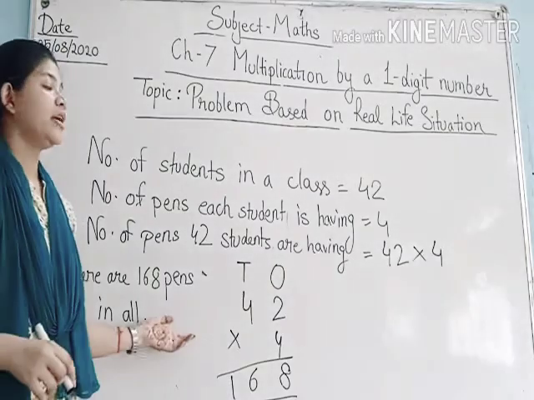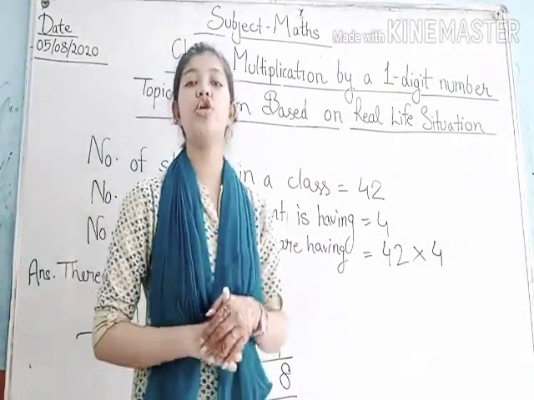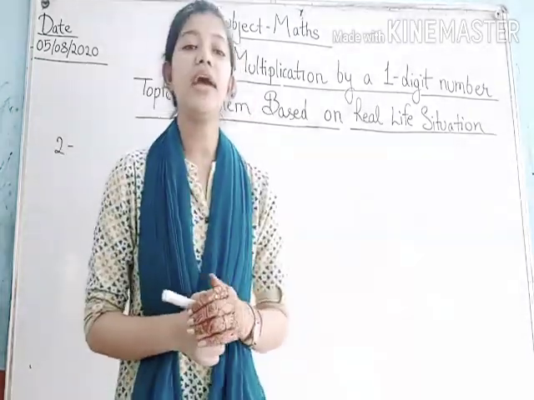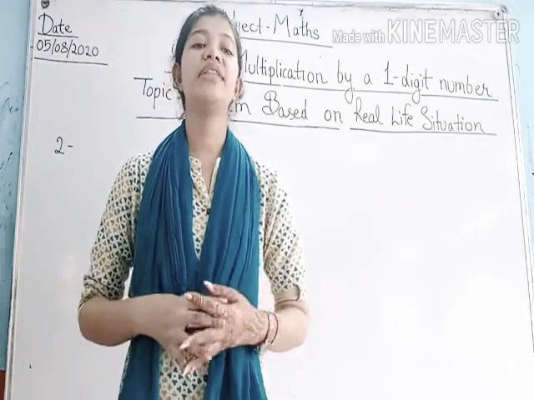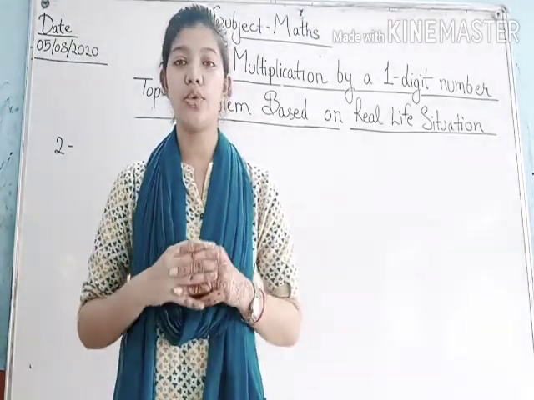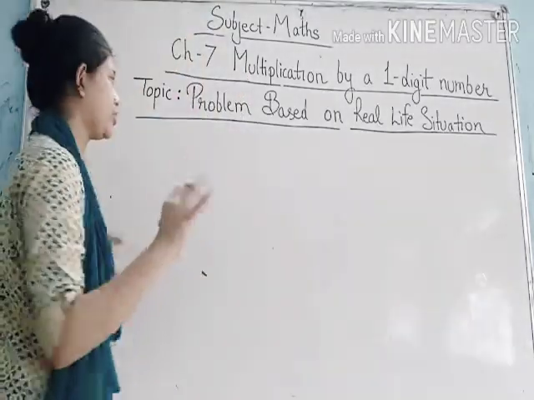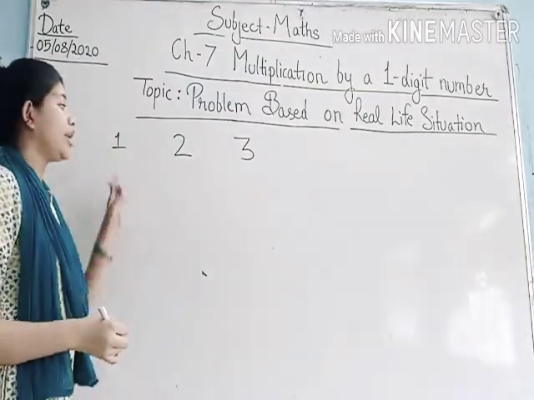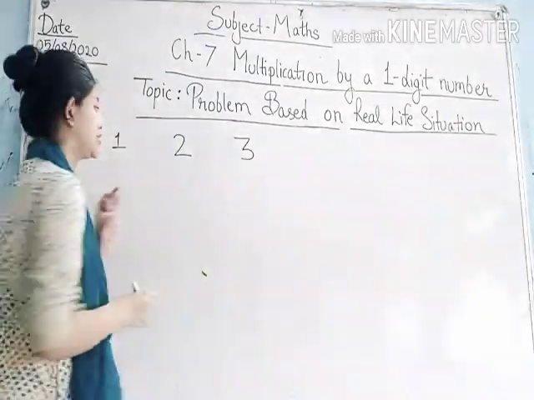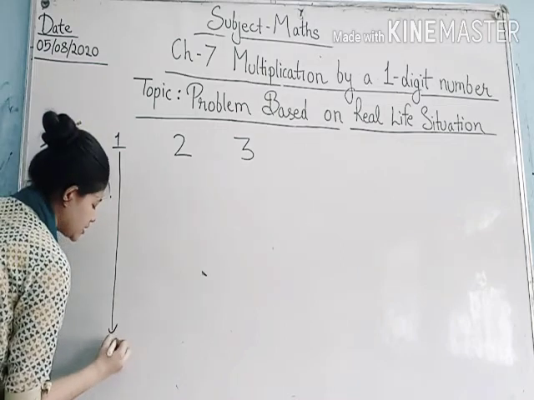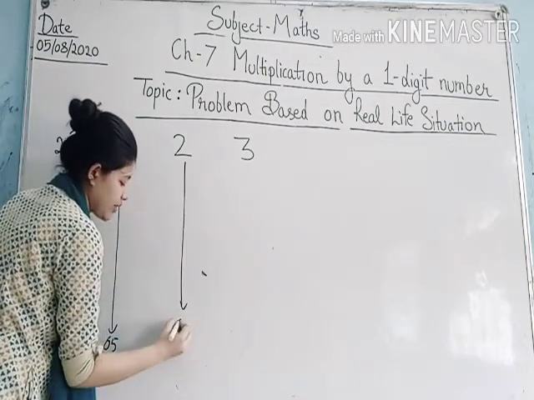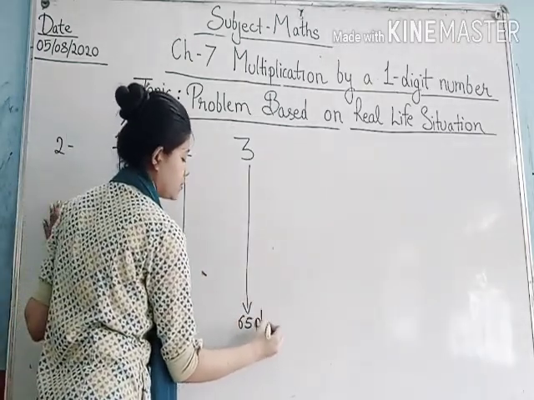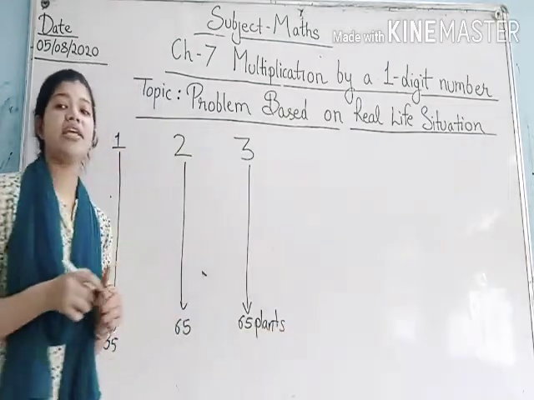Okay, I hope this question is clear to you all. Now let's solve the next question, that is question number 2. There are 3 rows of plants with 65 plants in each row. Okay, this sentence means there are 3 rows. 1 row, 2 row, 3 row. Now each row is having 65 plants. Means there are 65 plants here, here are also 65 plants, and here are also 65 plants. Clear? So it means we have to